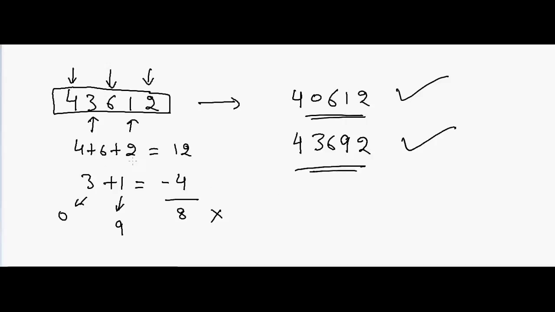Another possibility is that I change these numbers. Because I'm subtracting 4, if this number somehow becomes 15, then I can make it divisible by 11. So I make this number 2 into 5. That will be 4 3 6 1 5, and this number should also be divisible by 11. I hope this trick helps, and I'll see you in the next trick.